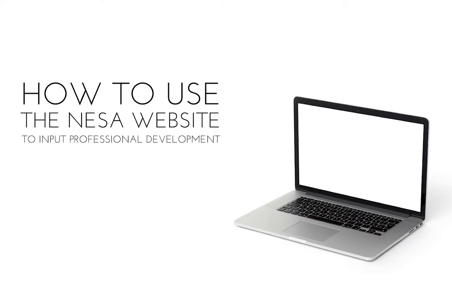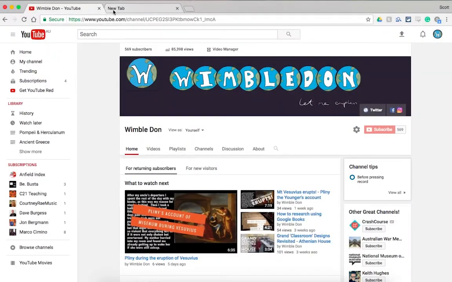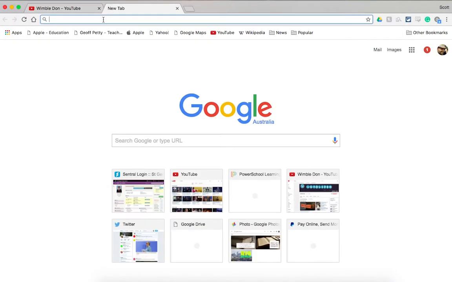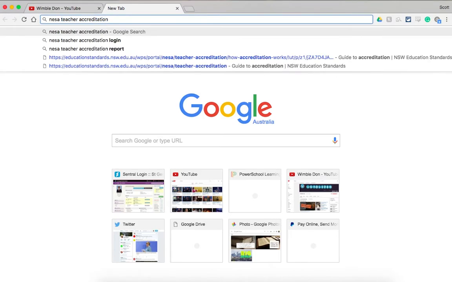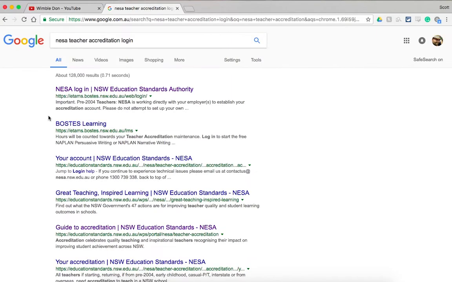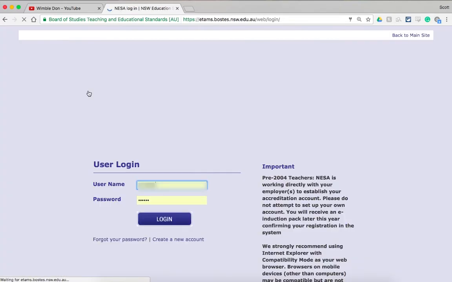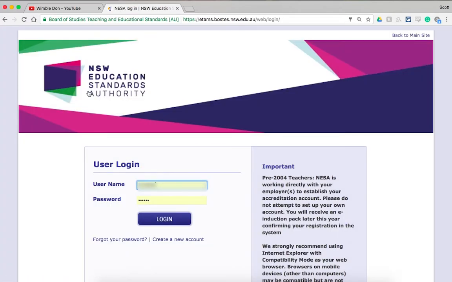So let's start by going to Chrome. You can go to other ones if you want, and you're going to look up NESA, because that's our new kind of organisation after BOSTES and Board of Studies and the 15 other names they've had. NESA Teacher Accreditation. I'm going to look at login. So I don't want information about it. I need to actually log into the website. So you'll see there, NESA login, etams.bostes. If we click on that, and this is a website where you can add your professional development courses and evaluate